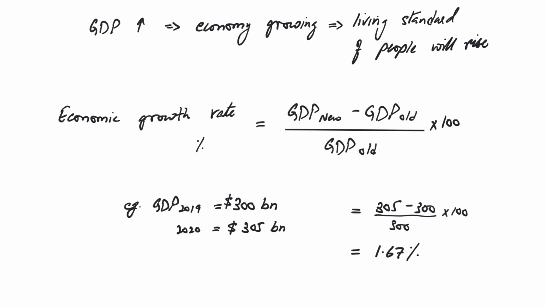In percentage terms, this is very low, but developed economies tends to have a smaller growth rate, and developing countries who have lots and lots of resources available tends to have a much faster growth rate. Okay,